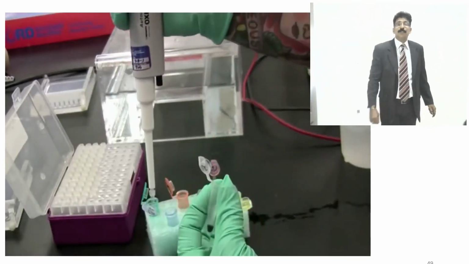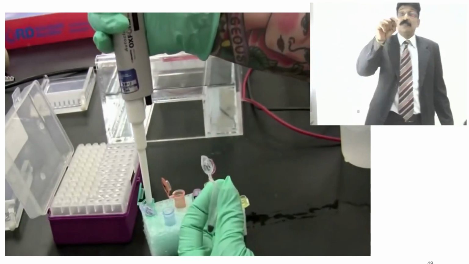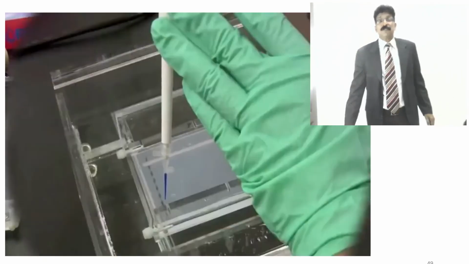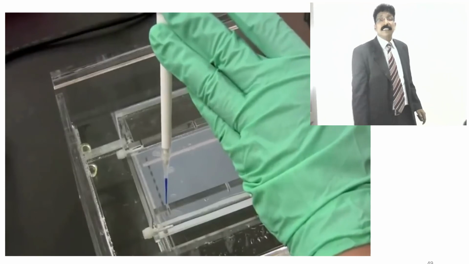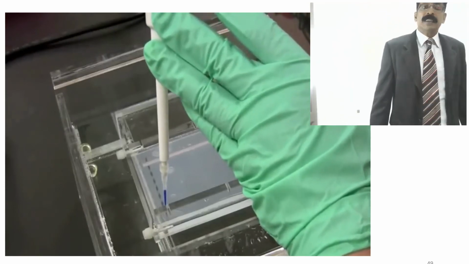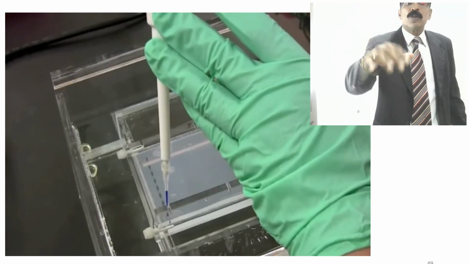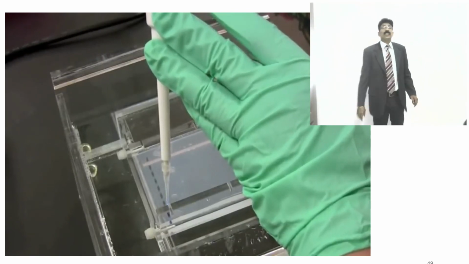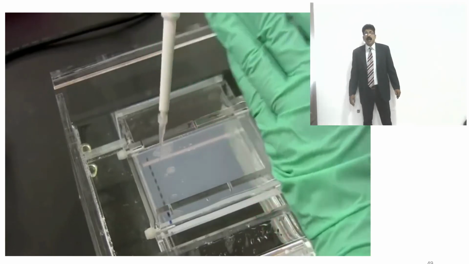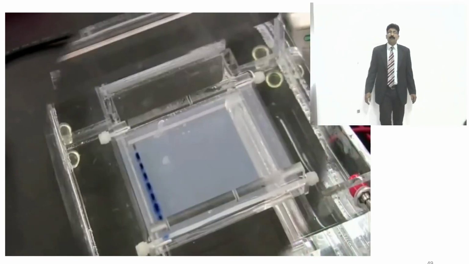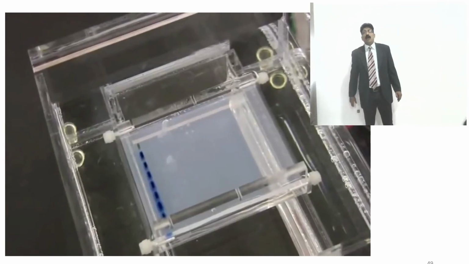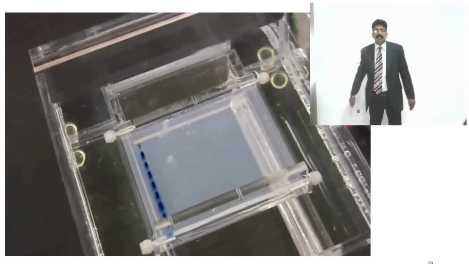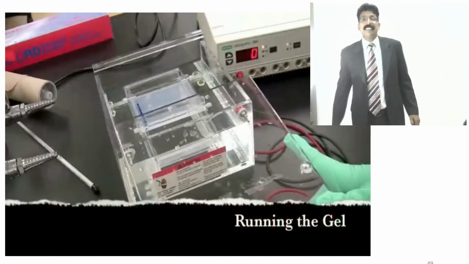See, the well means the hole in the gel which is prepared, and she is adding the sample with the staining fluid into the well exactly. It should not spill outside. Exactly, in all wells different samples should be kept. And after filling all of them, see, she has filled all with different samples. All the samples have been filled,